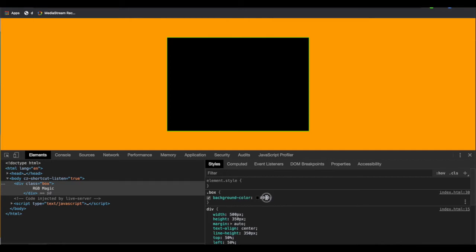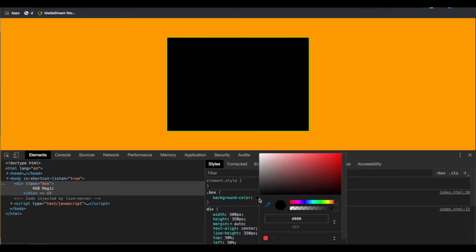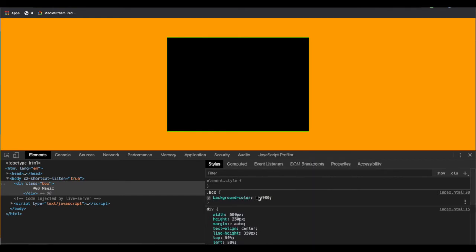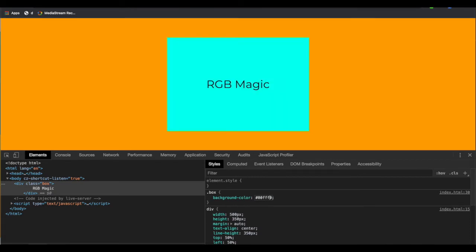If you give the maximum value, FFF, that will give you the white color. So 0 0 0 is the minimum and FFF is the maximum.